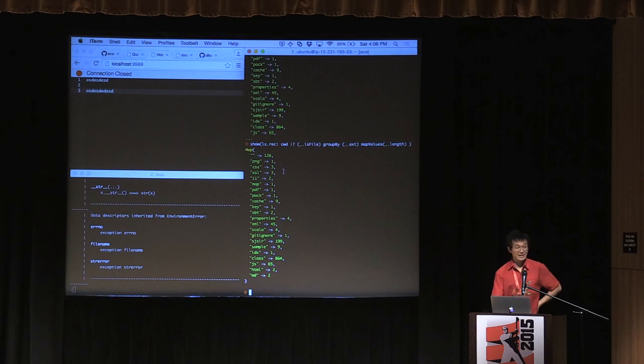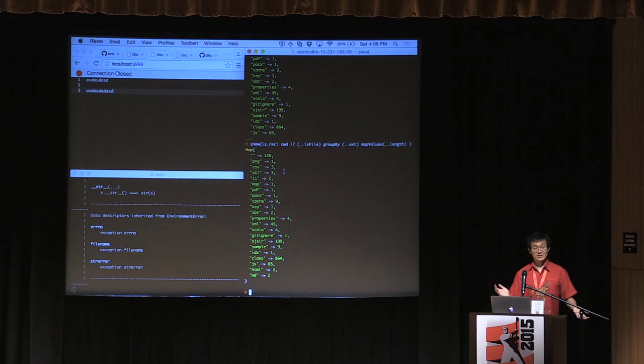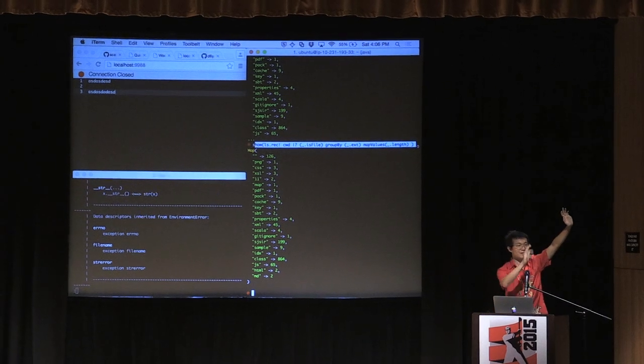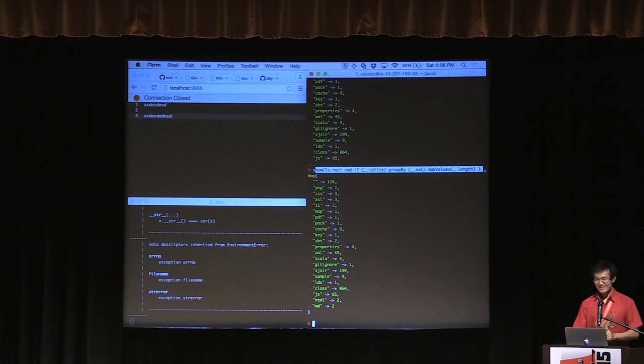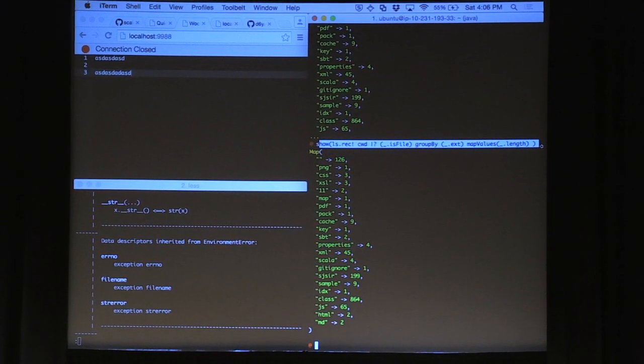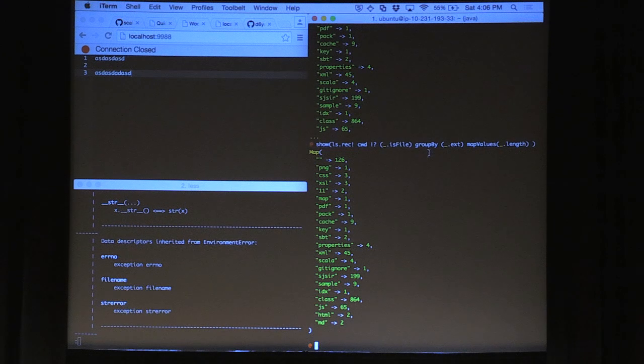It's very easy to do things like that, where you can ad hoc run queries on your file system, which in fact are probably too complex for you to come up with to run on bash without looking for Stack Overflow. Like, who in this room would be able to do this without looking at Stack Overflow in bash? 3 people. So that's kind of the goal of Ammonite-REPL. It gives you a way to do these things. And it's not even difficult. It's obvious. You list the things, filter out the things that you want, group, map, done.